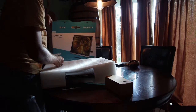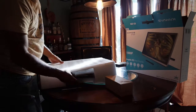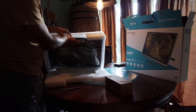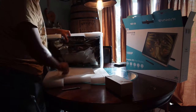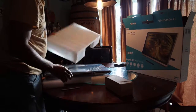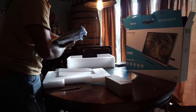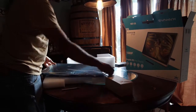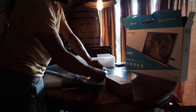Now, this is retailing for about $700. I know that the Wacom, the industry leader, they're 21-inch. They have two of them. They have the HD and they have the HD Touch, which is the more expensive of the two. And you can actually put your hands on the screen and it will act almost like a tablet. But that is roughly about $1,500 to $2,000 more than this. So this is 1/3 of the price of the Wacom. So that's really